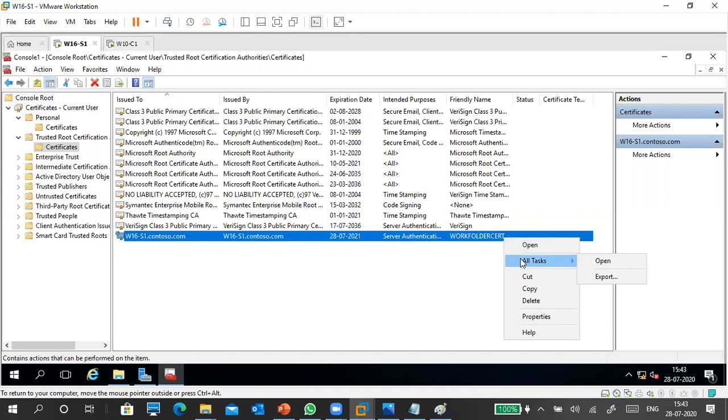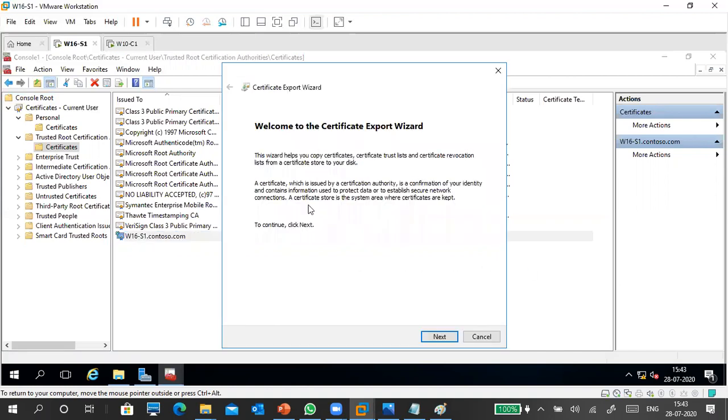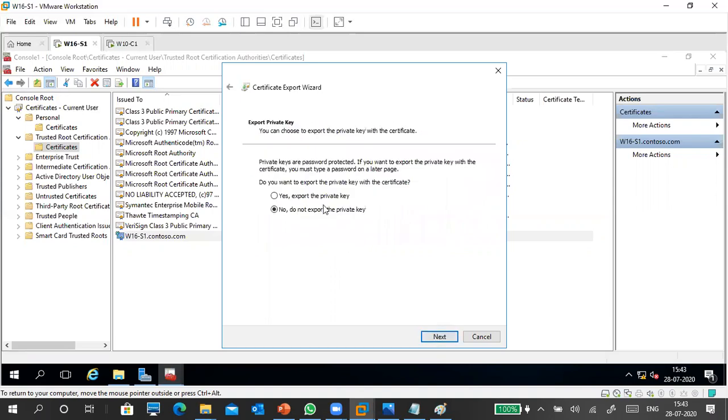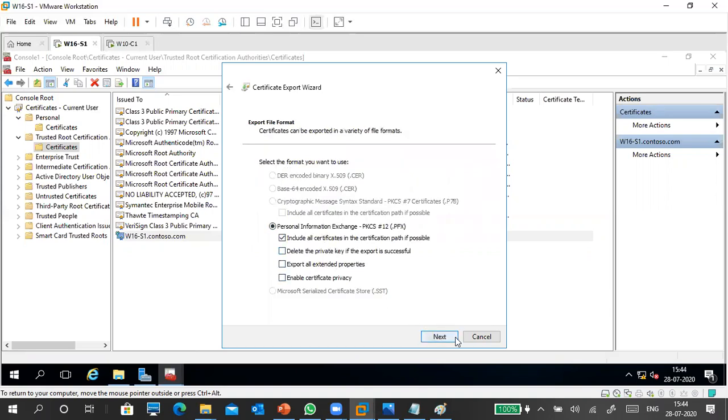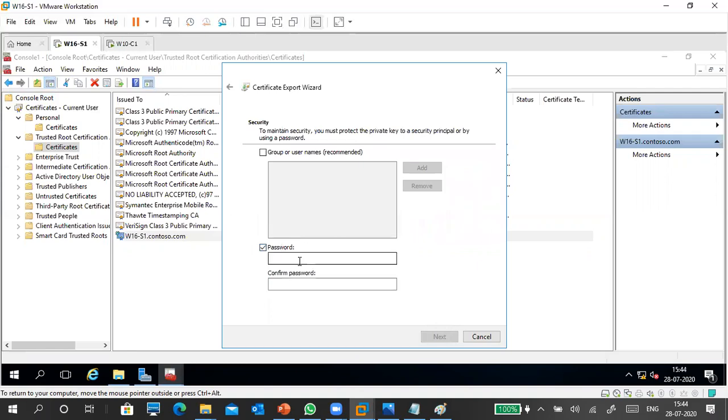Right click, All Tasks, export the certificate. Do you remember our encryption like that only? Yes, export file. Don't touch anything. The password I'm giving is admin. Password is admin, only admin.